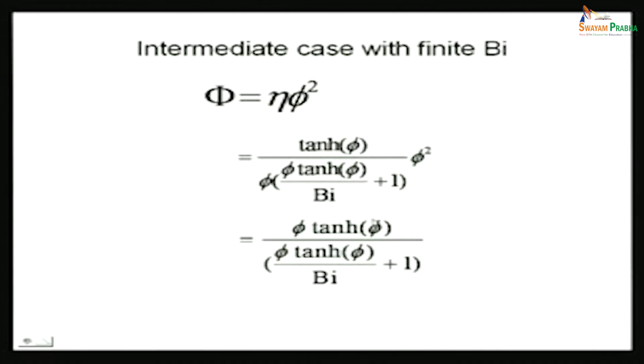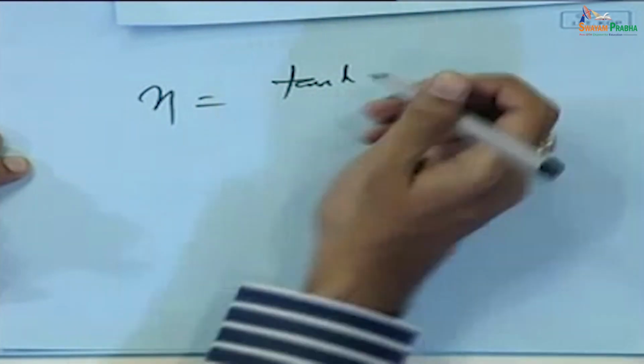So, this goes to the numerator, Biot number goes. So, you will have phi tanh phi plus Biot number, and 1 goes to the numerator. So, this one you can neglect. So, you will get Biot number over phi. Sorry, we are looking at the observed Thiele modulus. Let us look at only the eta, then you will have Biot number over phi square, right, because of this. I will show it quick, running out of time, but eta equals tanh phi over